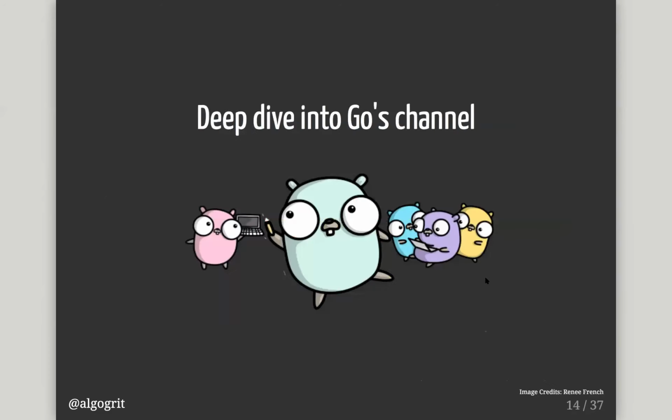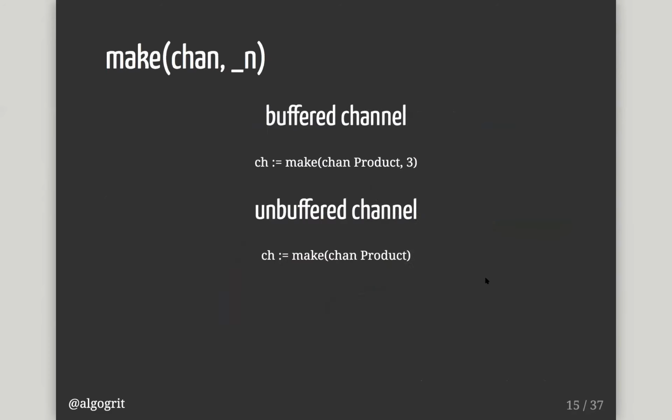Everything looks simple in this code, especially because I'm using the power of channels. So diving deep into Go's channels, Go has two kinds of channels. One is the buffered channel. The other is the unbuffered channel. A buffered channel has a length of n, and an unbuffered channel has a length of 1. So when you're making a channel,